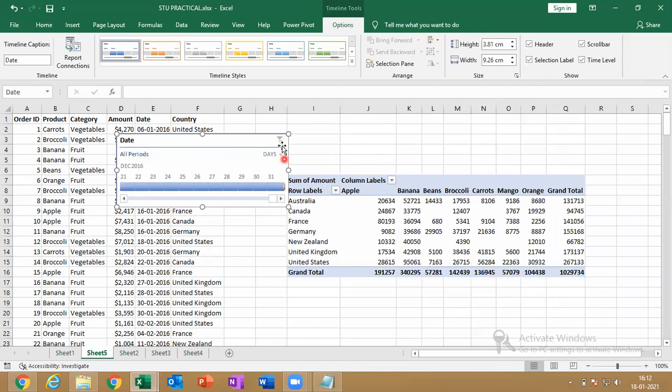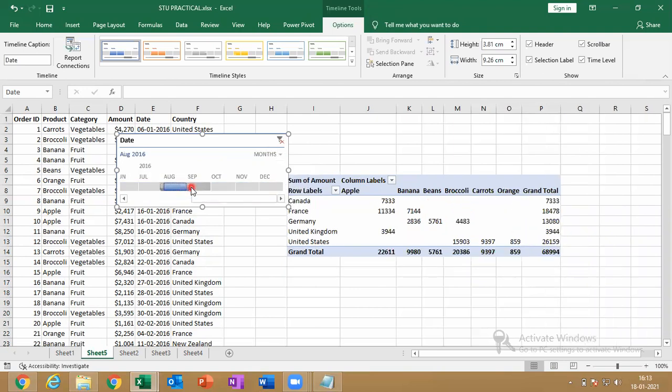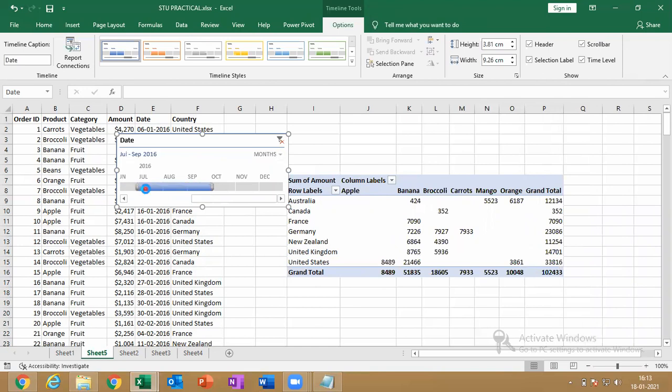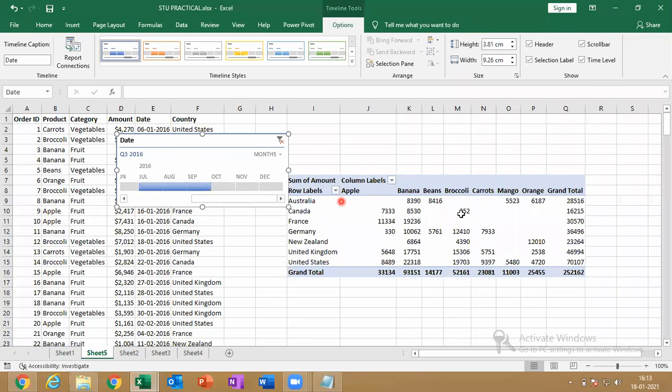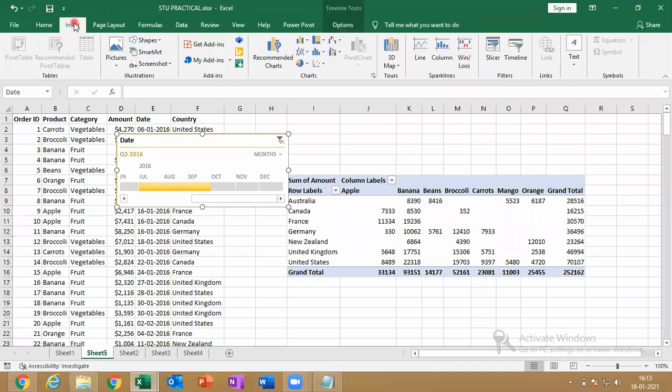Again clear, and this is for the entire year. Okay, so this is nothing but called as what? Timeline. You can drag and lengthen like this for how many months you want, and you can change the color also here. Is that clear? Is that clear for everyone?